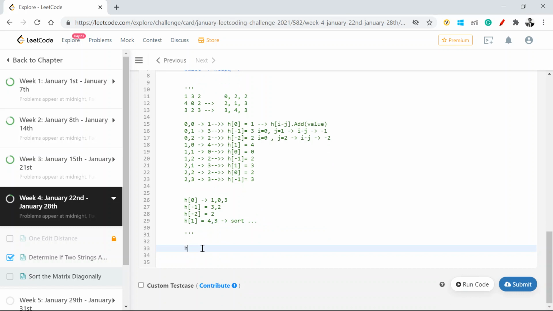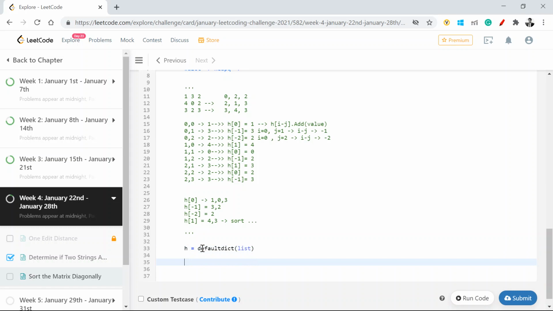What we're going to do is, first we are going to create a dictionary of list type. Then I'm going to find the length of the matrix.